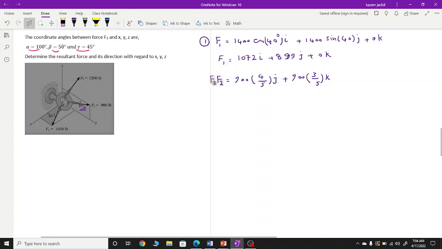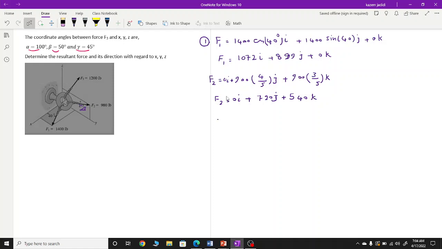Therefore, x is 0. So I'm writing 0i plus. So F2 is going to be 0i plus, if you multiply it, 720j, and this next one is